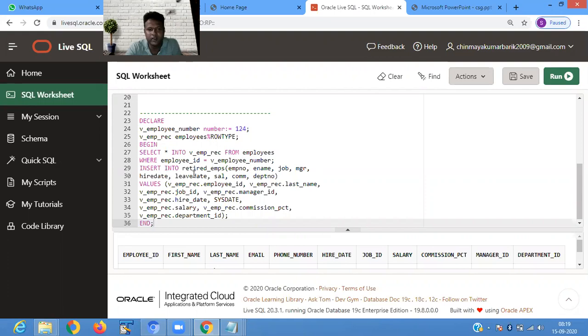Insert into retired employee: employee number, employee name, job, manager, hire date, leave date, salary, commission percentage, department number, values up to this. Okay, so we define another table, that is a retired employee table.